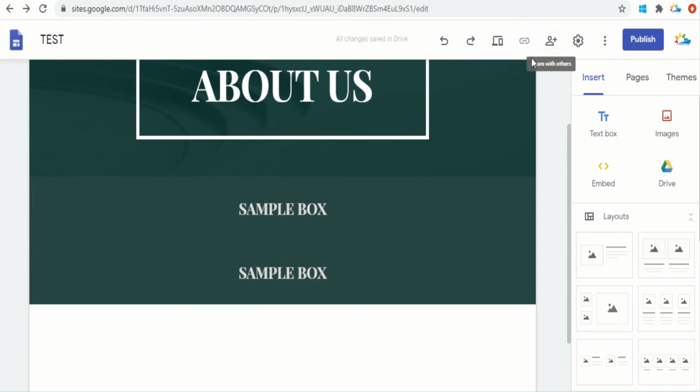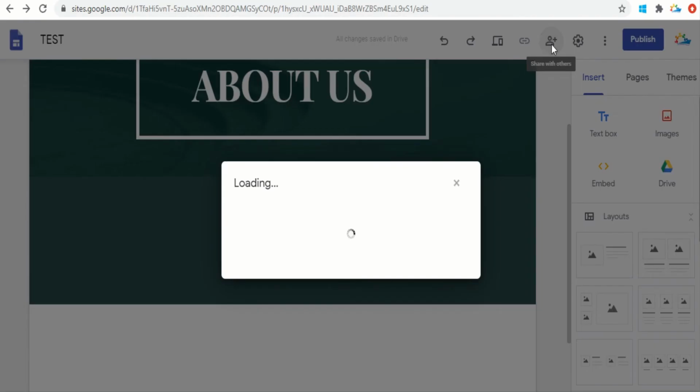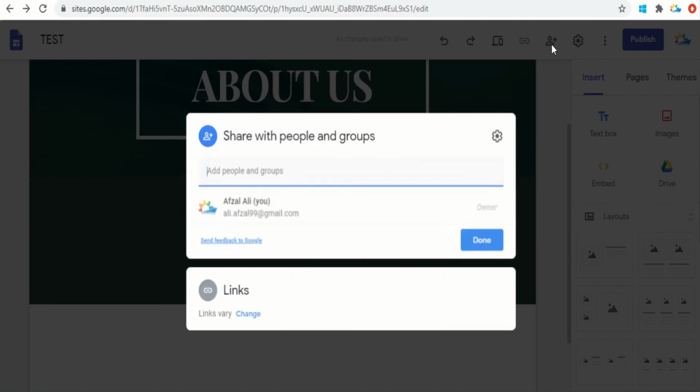The button is there, but once you have published your website, a unique link for your website will appear, and you can share it with your friends, families, office colleagues, and your employees as well if it is for business purposes. Now you can share this website using the share option, and you can allow somebody to either edit this website or just check what you have done.